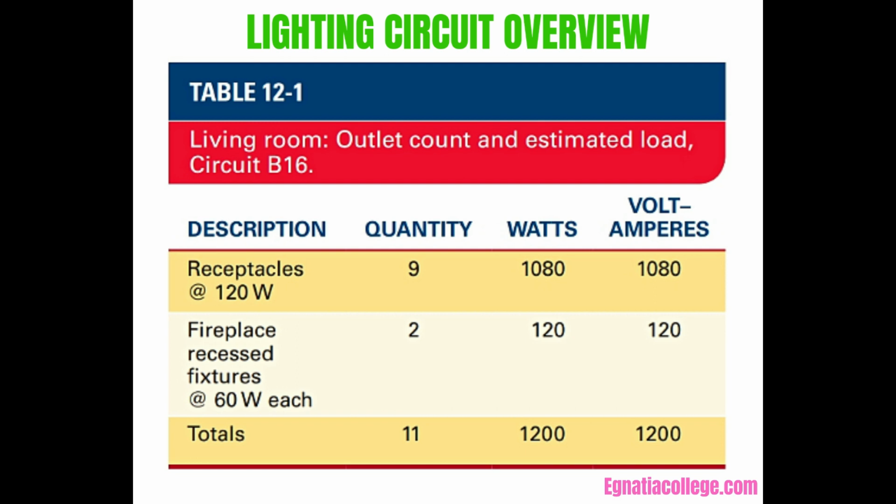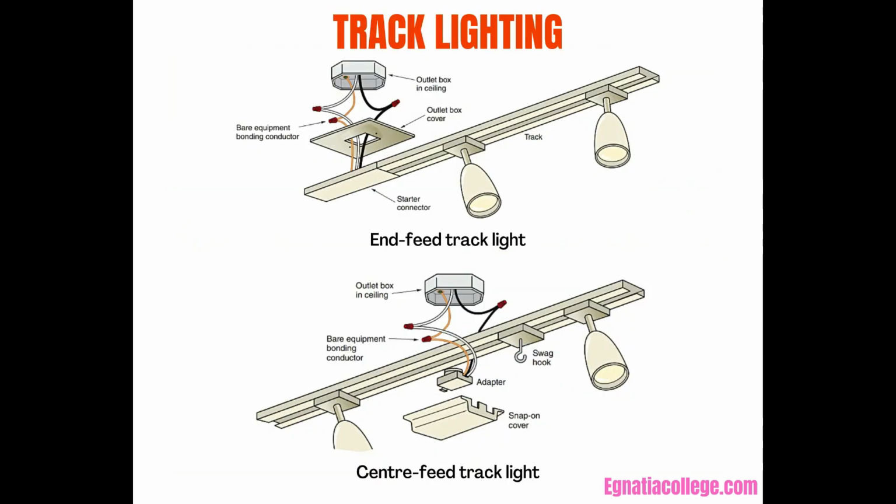Table 12-1 summarizes the number of outlets and an estimated load for the living room circuit. Unit 4 covers requirements for spacing receptacle outlets and locating lighting outlets, as well as spacing receptacles on exterior walls when sliding glass doors are involved, Rule 26-724, C. Track lighting. The plans show that track lighting is mounted on the ceiling of the living room on